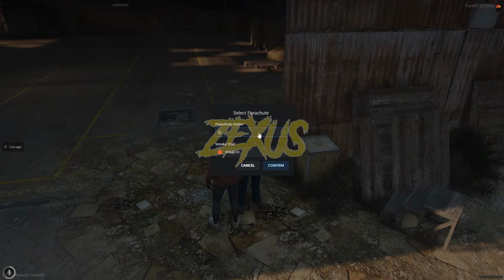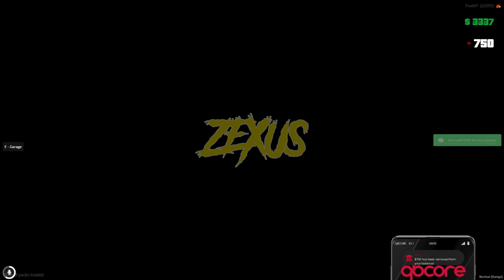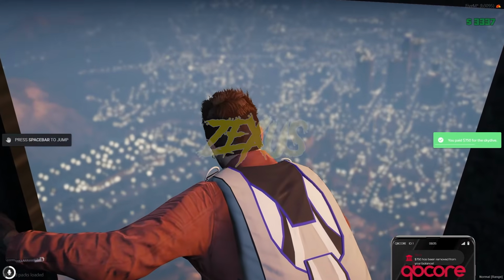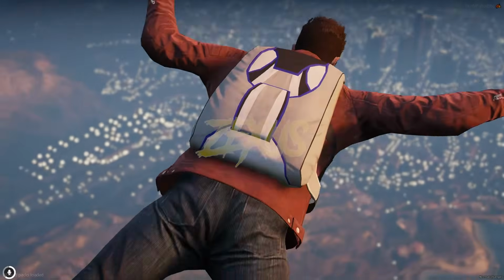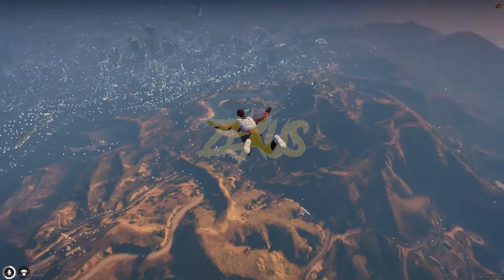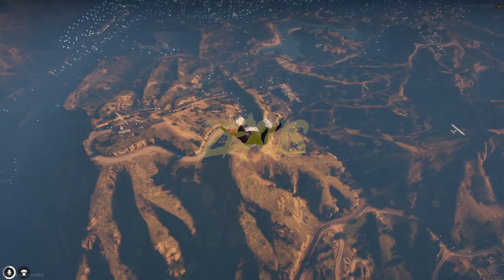Now over here, we have to select the parachute style. So I'll be selecting the high altitude one, and for the smoke trail I'll be keeping it on default. So after selecting them, click on confirm. So the money has been deducted from the bank, and to jump from the helicopter we just need to press spacebar. So as you can see over here, the skydiving has been started,